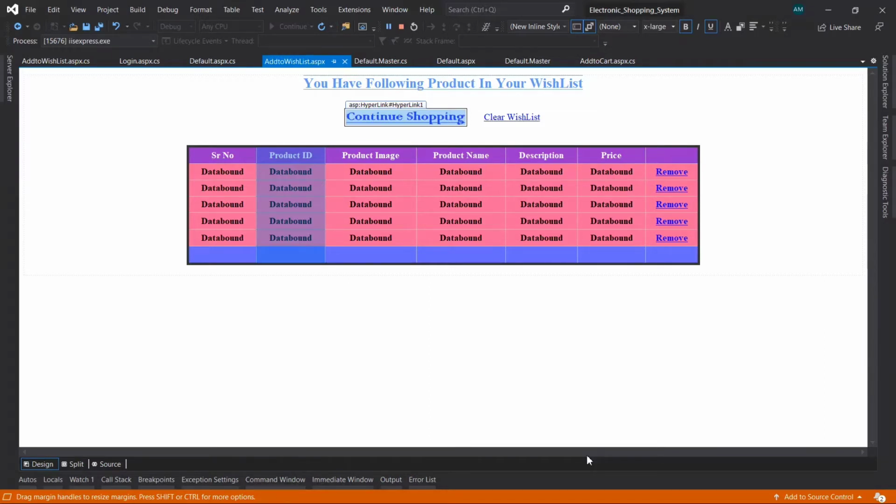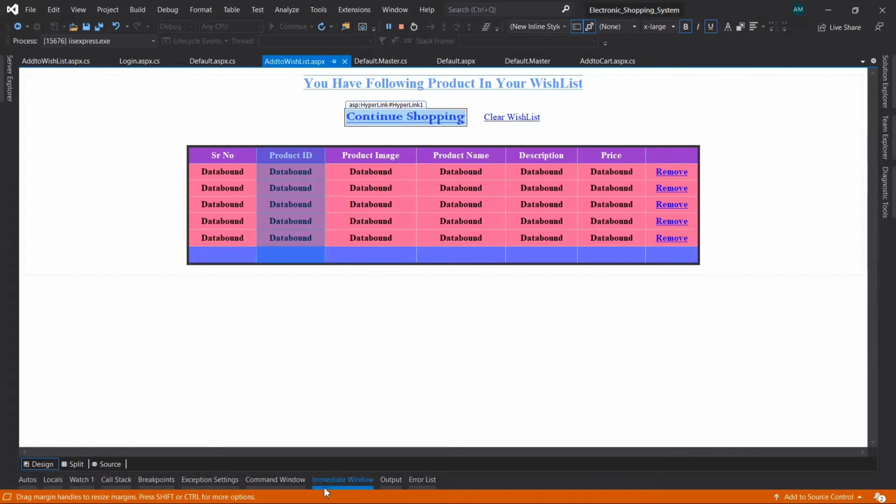But in today's video, we are going to see when the user logs in, the product which the user added the last time before the logout should be visible after the login also. We have to display the wishlist product that was added previously before logout, now after the user logs in.